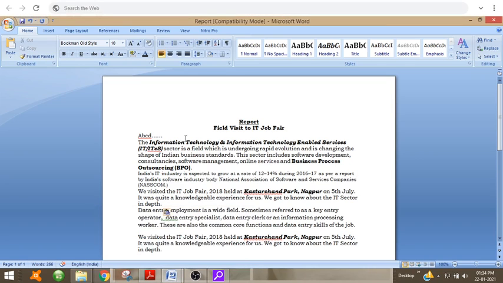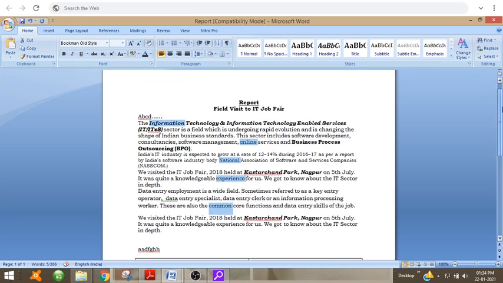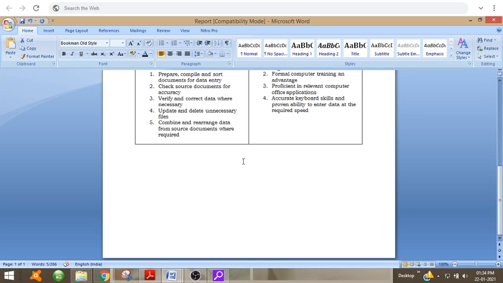So I have pressed the Control key, then I will select the particular text. Then here, whichever things I want to select, I will click with the mouse and I will copy. Now I will paste here. You can see all the things that I have selected have come here. So I will undo this by pressing Ctrl+Z.